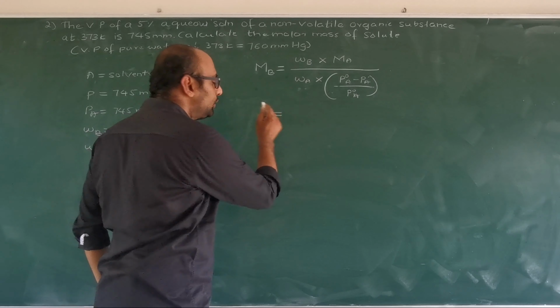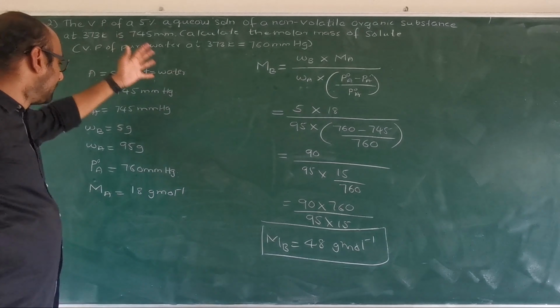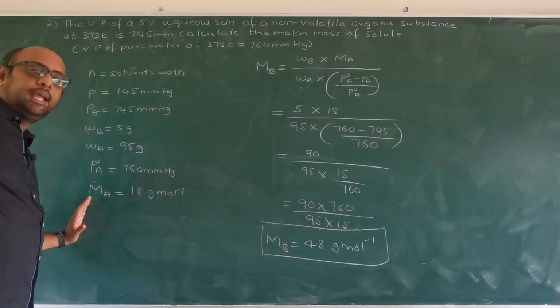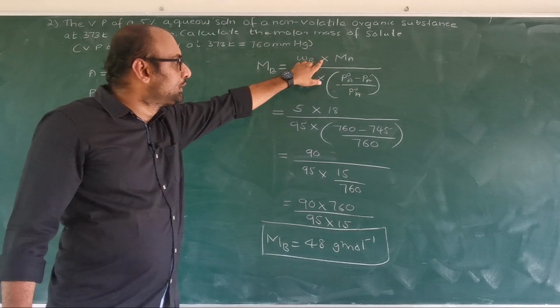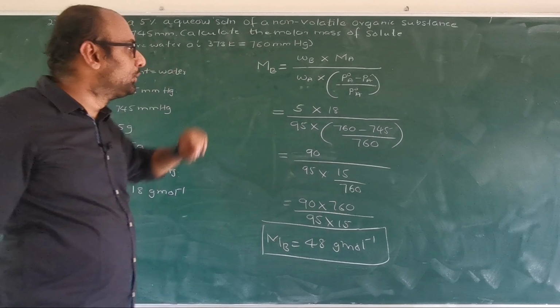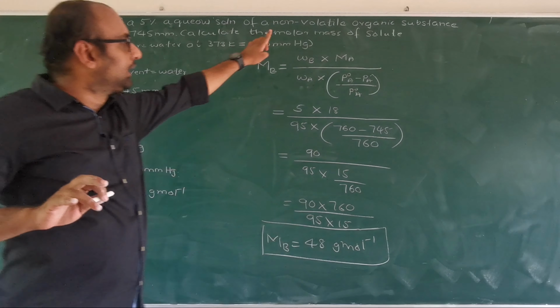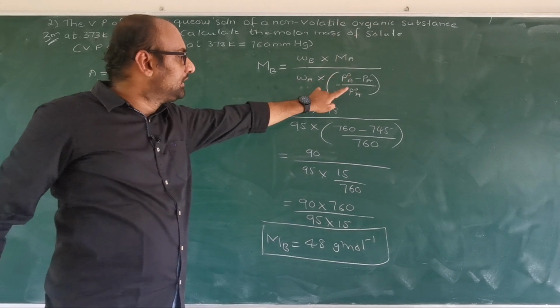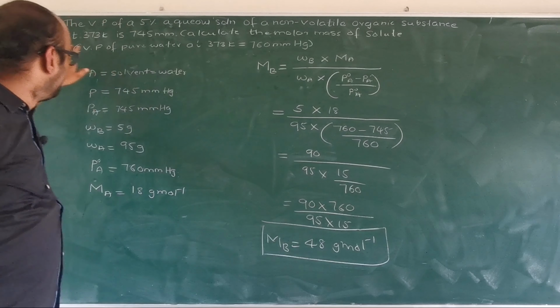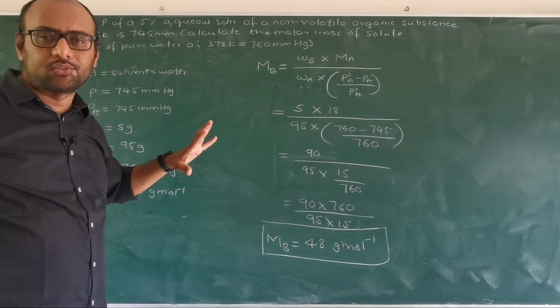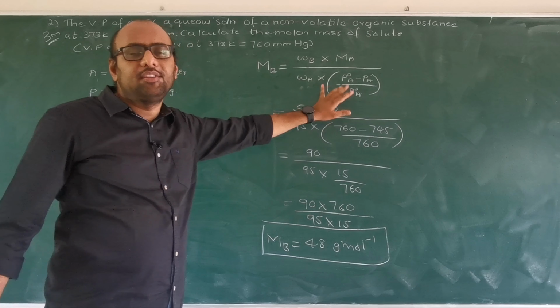So this is how you have to calculate the molecular mass of the solute using this formula. First you have to write the given values, whatever the values of Pa, P0A, Wa, Wb, Ma. All these values are needed to substitute here to calculate the molar mass of the solute. Again, all the problems regarding the calculation of molar mass of the solute using colligative properties will be for 3 marks. Remember, they are fixed questions. Each year this problem will be asked, but depending on different colligative properties.